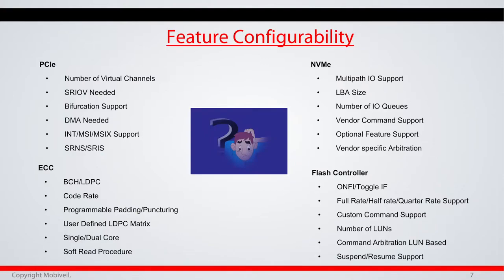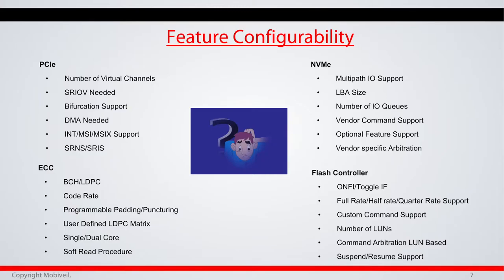So I talked about flexibility, and where the flexibility comes from, because you're talking about some of the interfaces. You're talking about PCI Express, you're talking about NVMe, flash controller, and of course the ECC. So these are the interfaces in the chip, and those interfaces or technologies themselves provide huge flexibility, or the specification has a huge number of features. And you need to make sure that you have a component which can support and adopt various things.